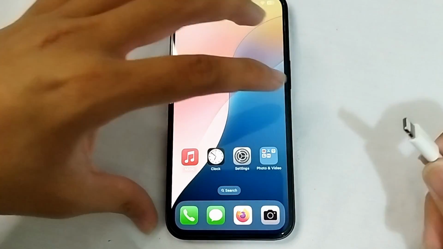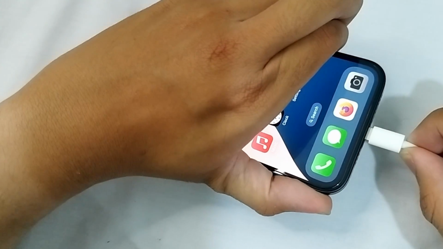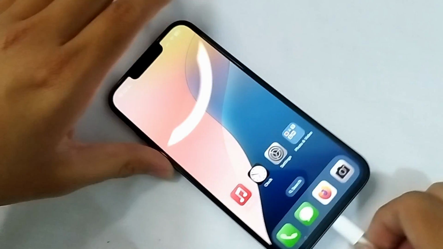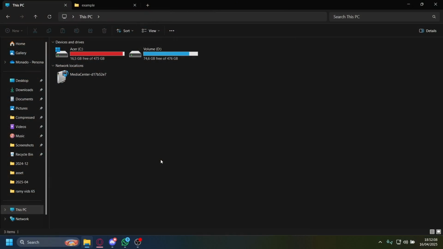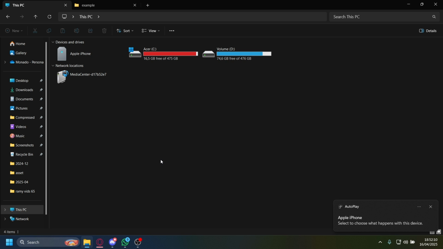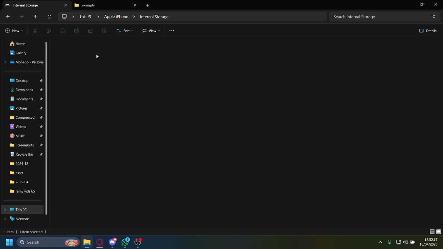So all I have to do right now is tap on the iPhone here. I'm just going to plug it in like this. Now, once I plug it in, I'm going to go to my laptop, and you can see this is what I will see. It'll appear as Apple iPhone like this, right? Now, once on Apple iPhone, just double click it, go to the internal